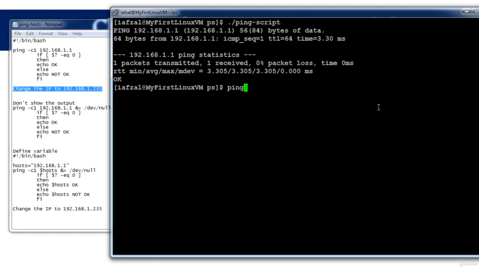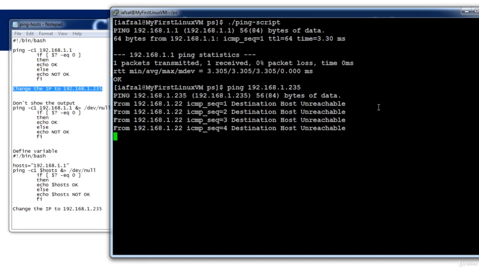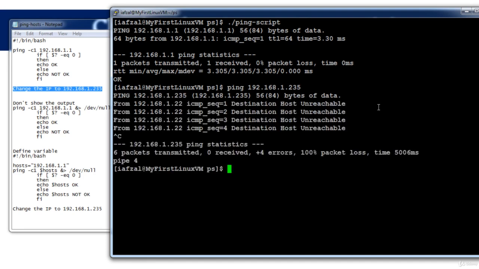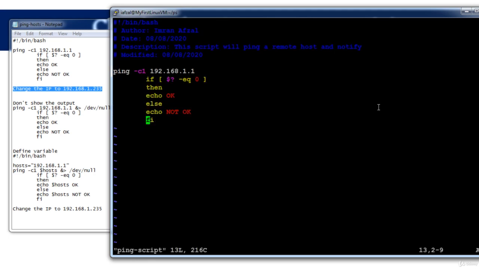So what I did is, before I picked that IP, I just simply pinged that IP. So you see, I pinged that IP, and that IP is not reachable. So that's why I picked that IP. You could pick any IP that is not pingable either. So I'm going to go back into my script, and this time I'm going to change the IP to, instead of 1.1, I'm going to change it to 235